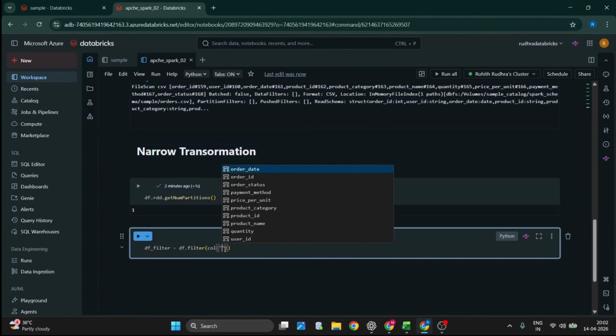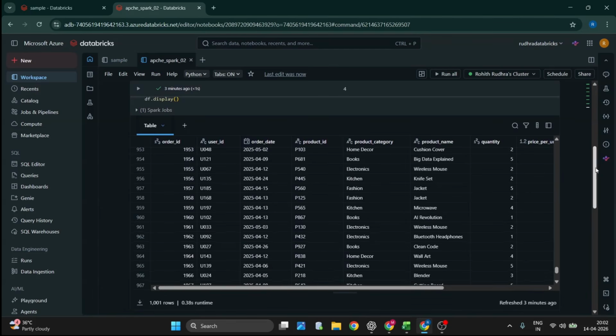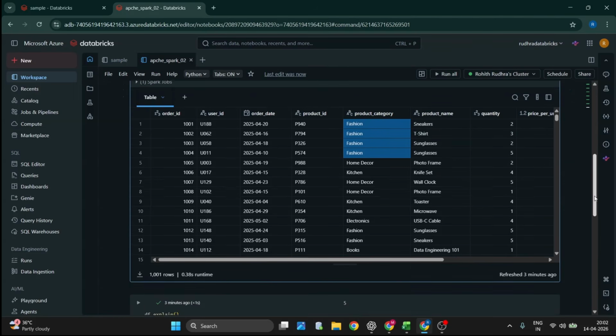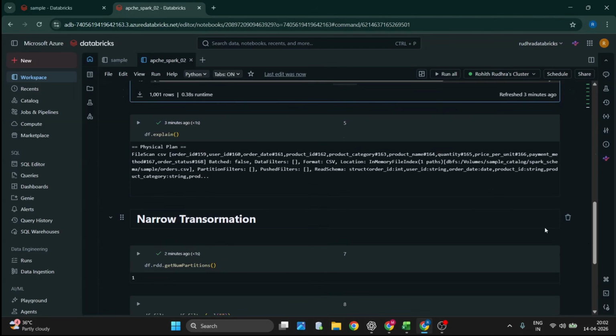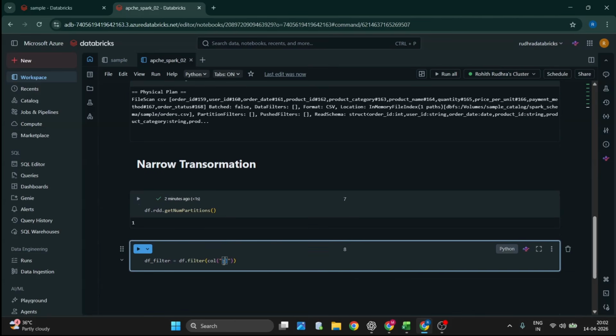So which column do I want to take? I want to take product category, and I want to see how many product categories there are, and only in fashion. How many user IDs, or however many people there are. Okay, fashion. So let me take the column product category, and write product category equal to